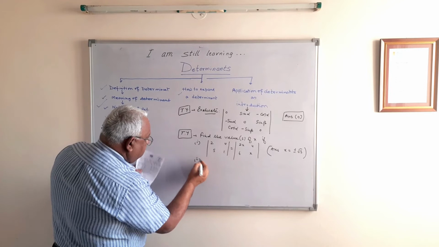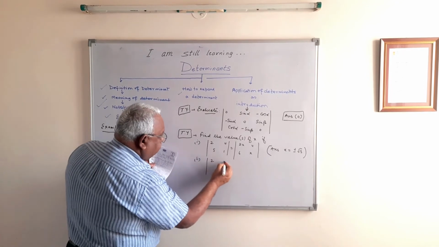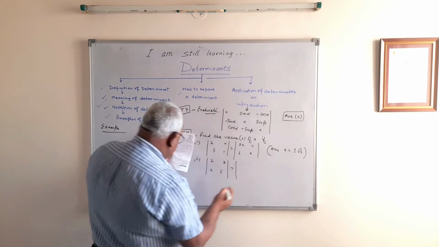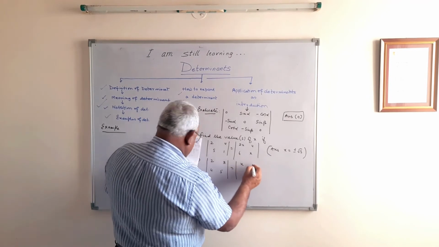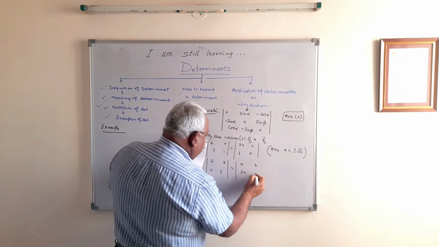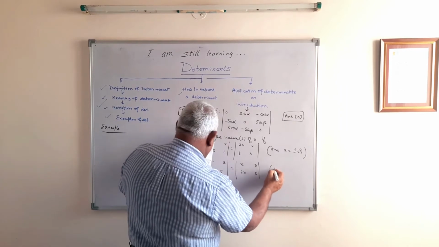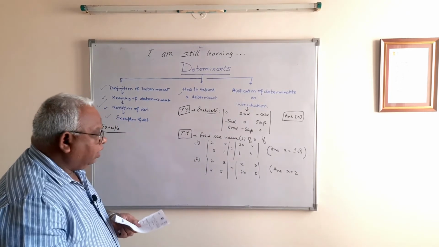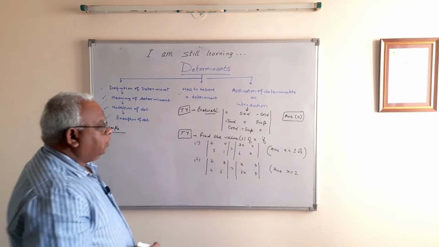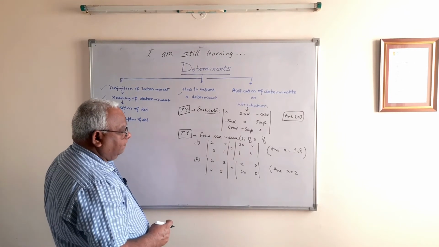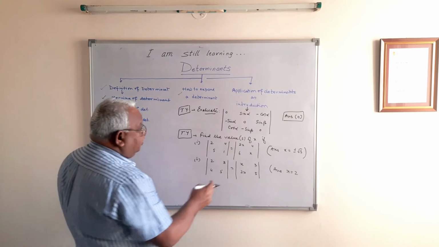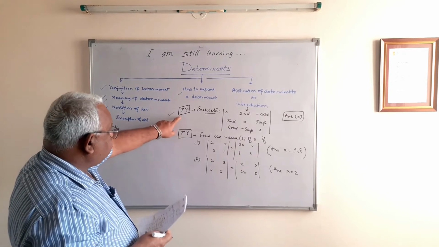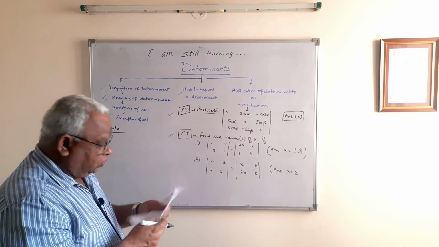And the second part, everything I have taken from the book, nothing I am writing from my side. I can, but there is no need because there are sufficient questions in the book. So here the answer is x equal to 2. Okay, so these are the two questions for you to try after watching the video.